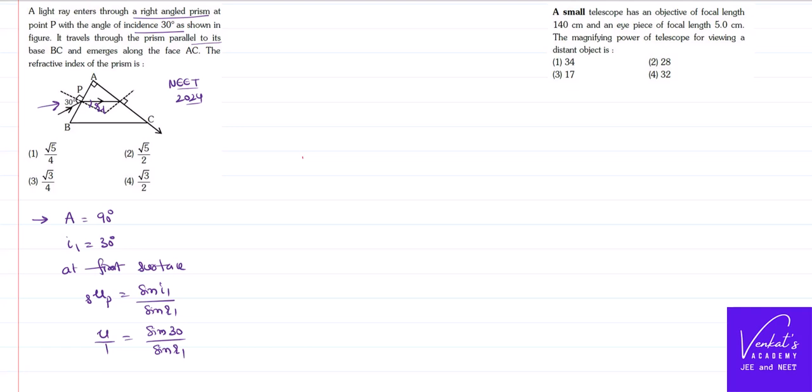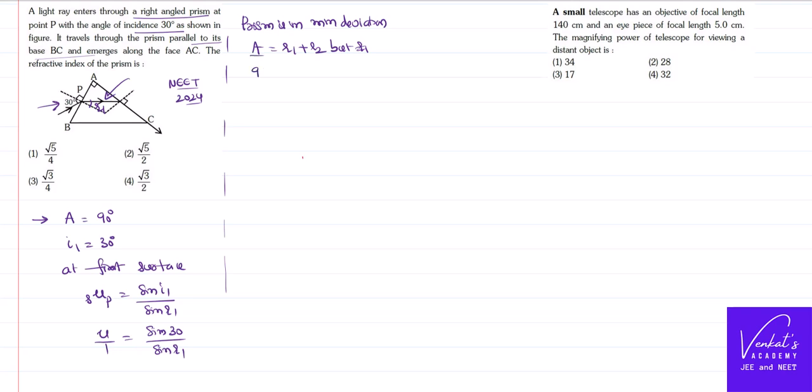The ray travels through the prism parallel to the base. He means to say it is parallel to the base like this, which means the prism is in minimum deviation. Prism is in minimum deviation. When the prism is in minimum deviation, the angle of the prism is actually R1 plus R2, but under minimum deviation we can write